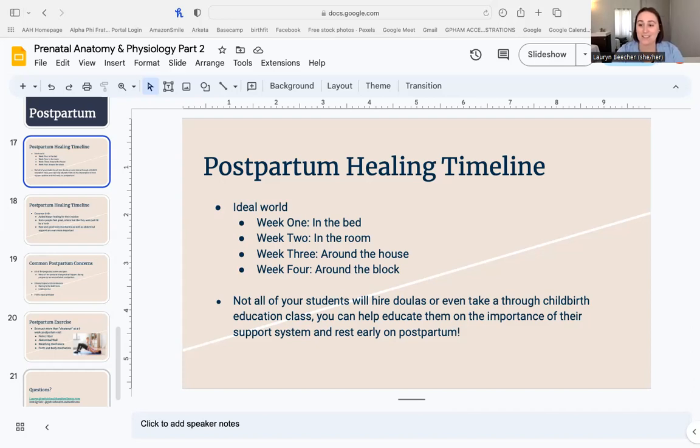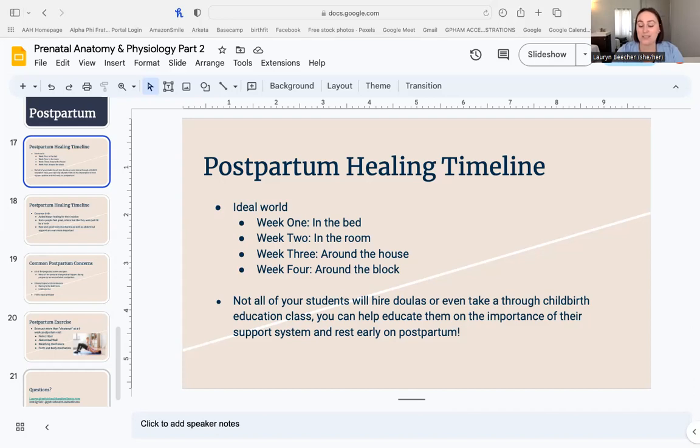Just a little checklist item of, hey, this week, what's one way that you can plan for postpartum? Do you have a meal train? Are you prepping freezer meals? Have you called your aunt to see if she can still come into town? Those little things that really, really go a long ways.